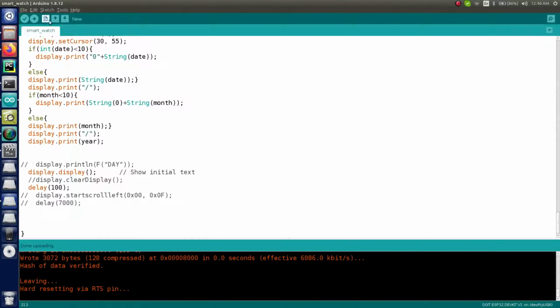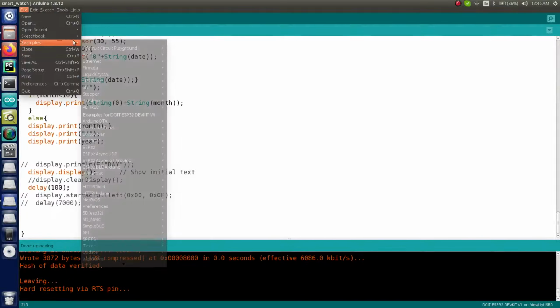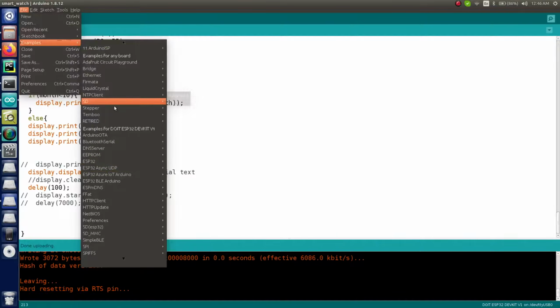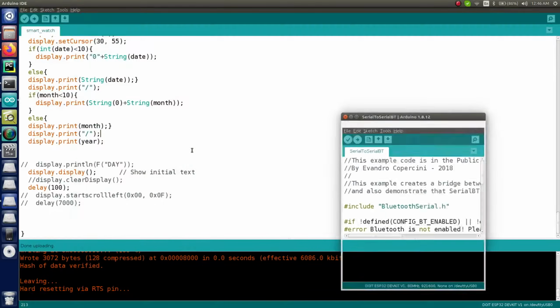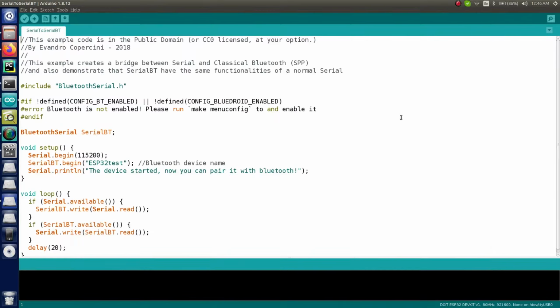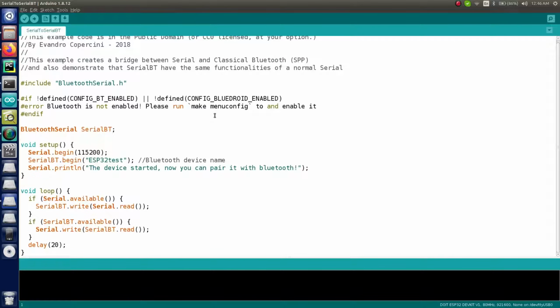Now what we have to do next is just go to File, go to Examples, and in here just search for Bluetooth Serial. So here you can see Bluetooth Serial, and in here just select SerialToSerialBT. So just click on it. You will see that it will open up a new sketch for you, and in there the basic code is there. But we don't have to go for the basic code just because we have to make the upgradation in that. But just for the verification and just for the connection part, we are just going to go with this code, right?